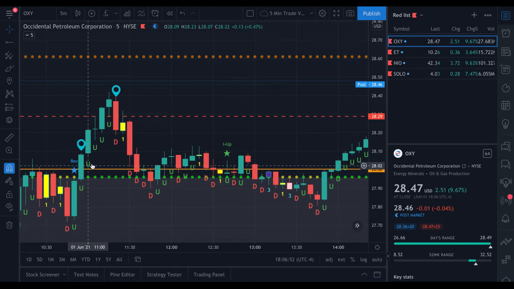But as the trade progressed, I moved my stop up. So I moved it here. I moved it here, back half of this candle. I moved it to the back of this candle. And then ultimately, I stopped myself out at this candle after moving it here to the wick of this previous